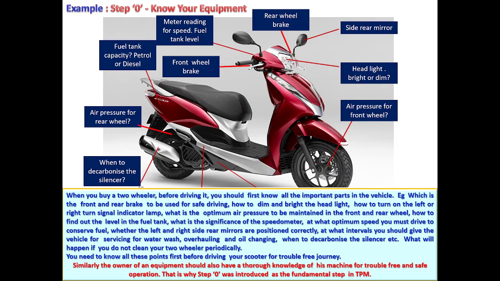This picture shows a typical example of step 0, that is, know your equipment. The important parts in the scooter are highlighted for the owner to understand. When you buy a two-wheeler, before driving it, you should know first all the important parts in the vehicle, that is, which is the front and rear brake to be used for safe driving, how to dim and brighten the headlight, how and when to turn on the left and right turn signal indicator lamp, what is the optimum air pressure to maintain in the front and rear wheel to improve fuel mileage, how to find out the level in